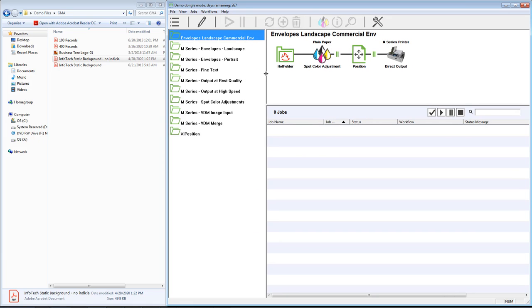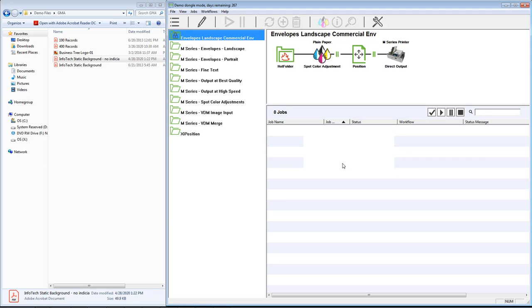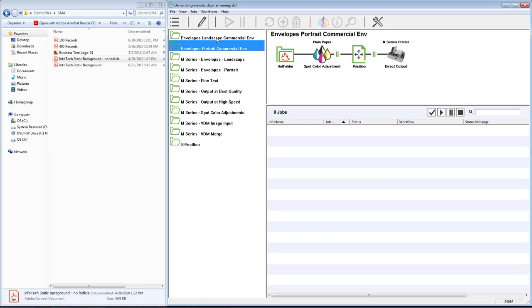And I could do another workflow just like this if I wanted to. I could go ahead and go into workflow and say duplicate that workflow and just change the name to, instead of landscape, I can make it portrait. Okay, so basically what it's just done is made an exact duplicate of it. The only thing I have to do here is put a rotation in, hit that, and now I've got two workflows I've just created, a landscape and a portrait for the commercial envelope